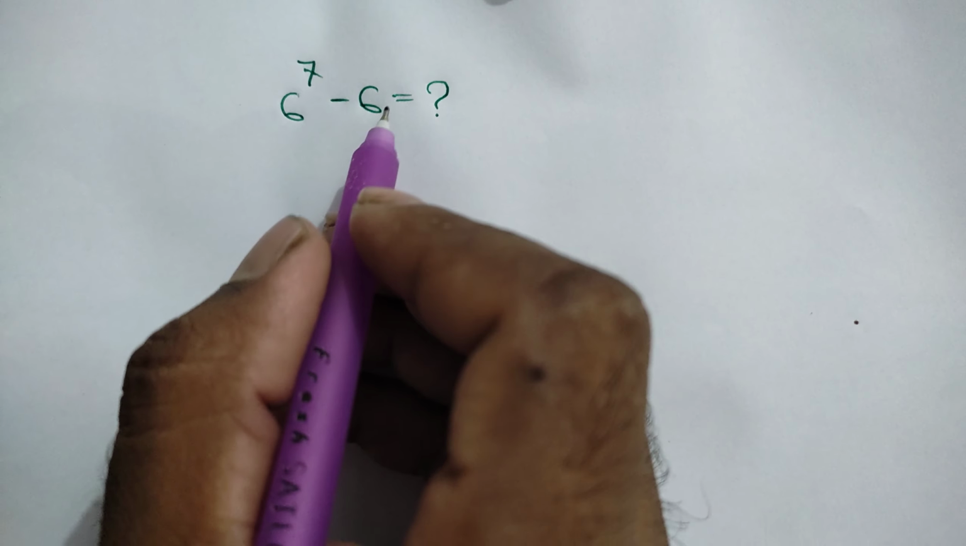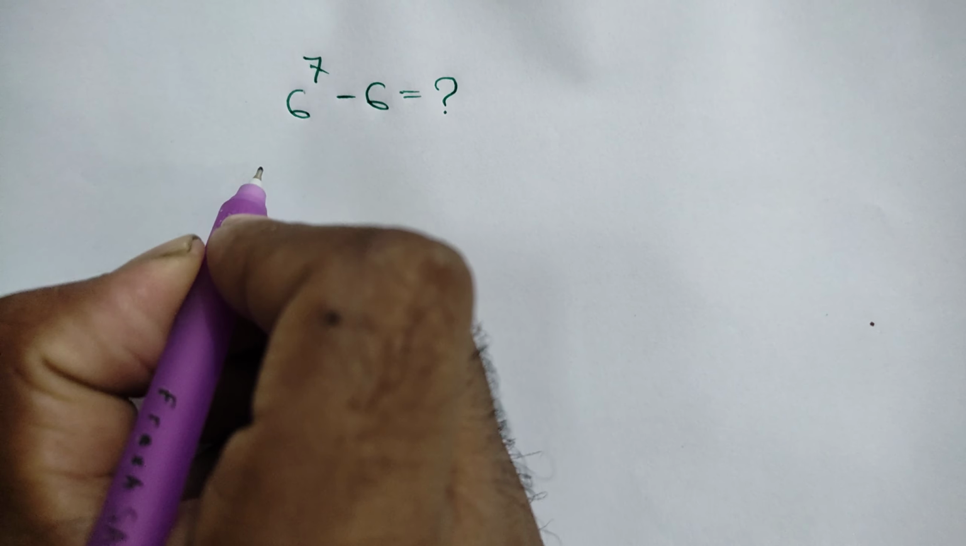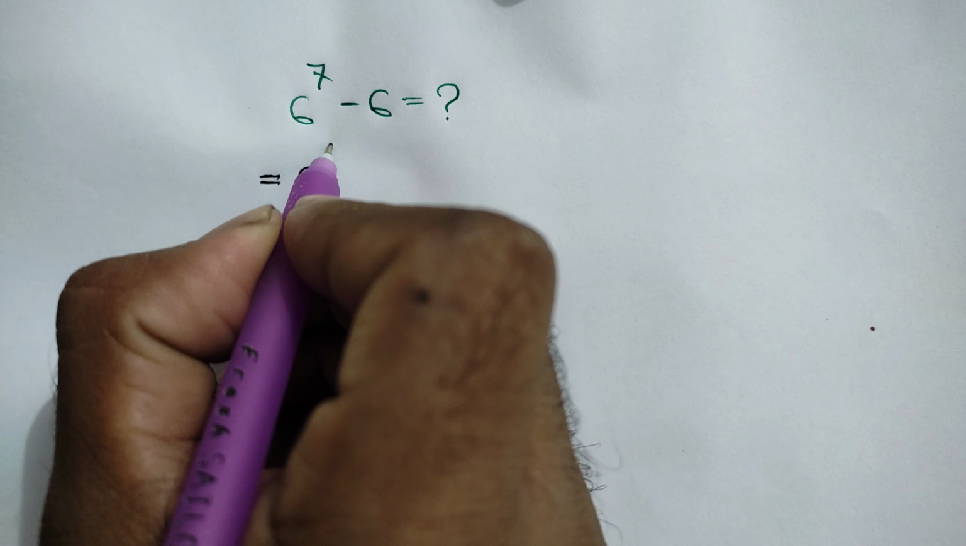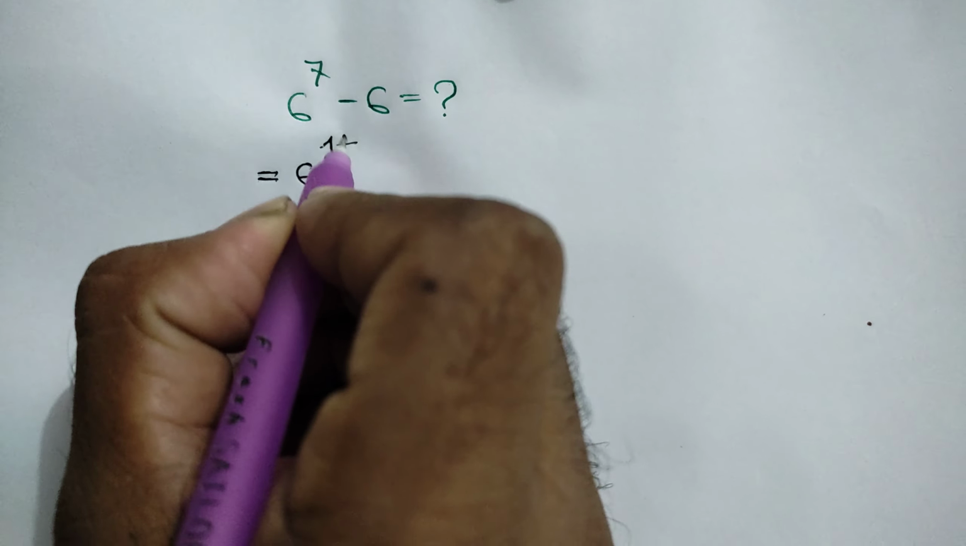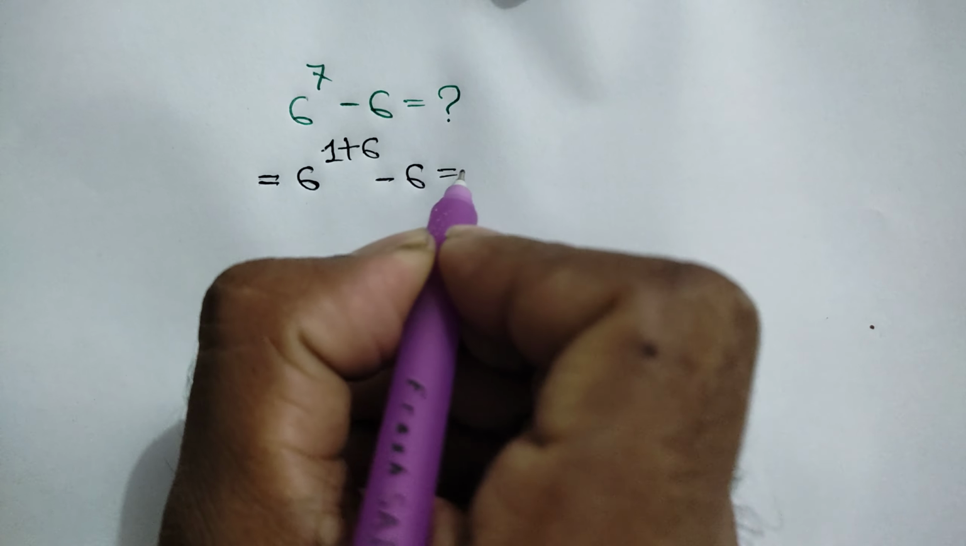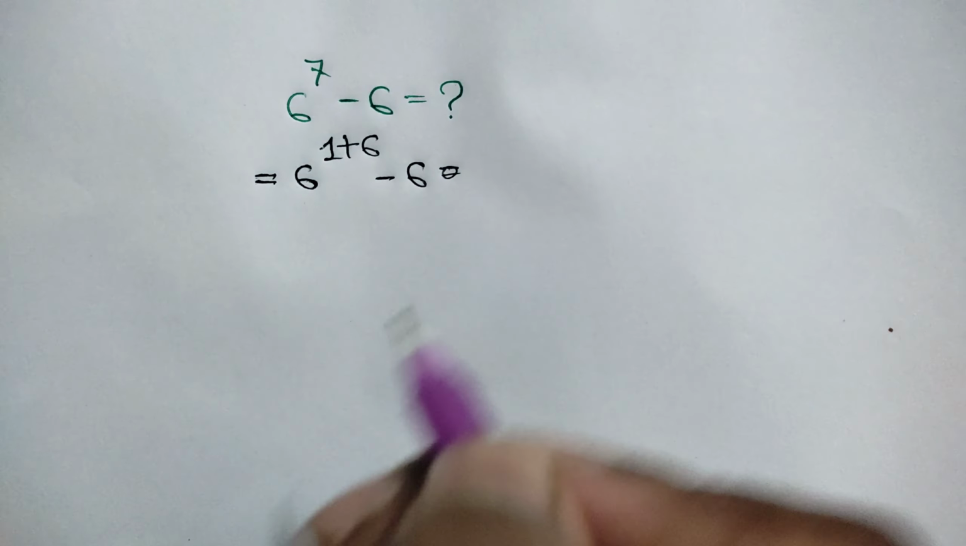Hi everyone, in this video I am going to show how to simplify this Math Olympiad problem. 6 to the power 7 minus 6 is equal to what? Calculator not allowed. 6 to the power 7 can be written as 6 to the power 1 plus 6, minus 6, is equal to,